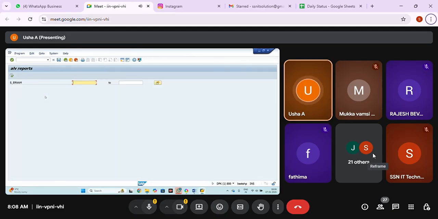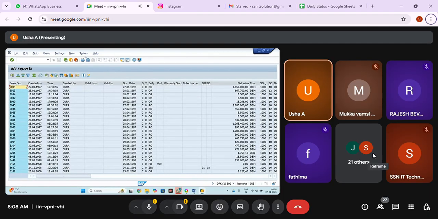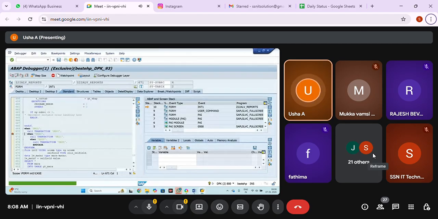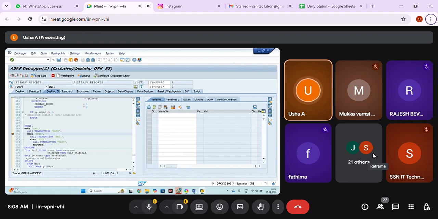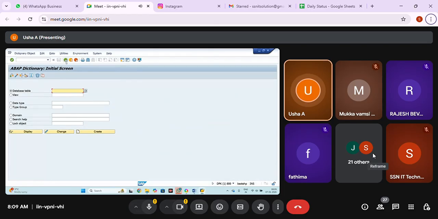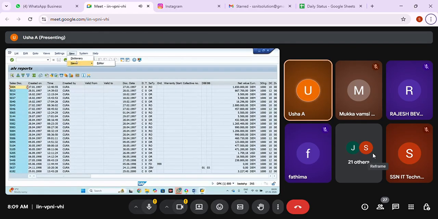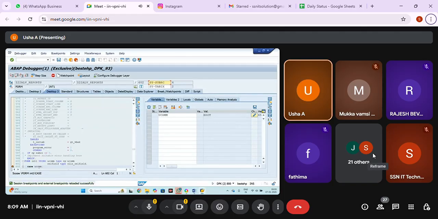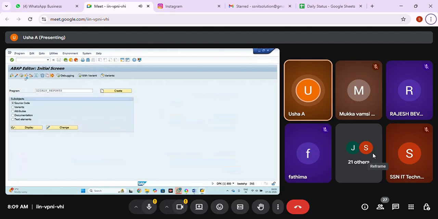Now run it. I'm just running it. It is showing the output. Now, when I'm selecting new dictionary, you can see it takes you to the debugging. What is SY-UCOMM? I have not kept the breakpoint here, that's the reason. You can see DDIC, that FCT code is coming now, correct? When DDIC, I'm just calling this. Come back, new one, editor. The SY-UCOMM value is EDIT. Then it will jump to that piece of code and display.